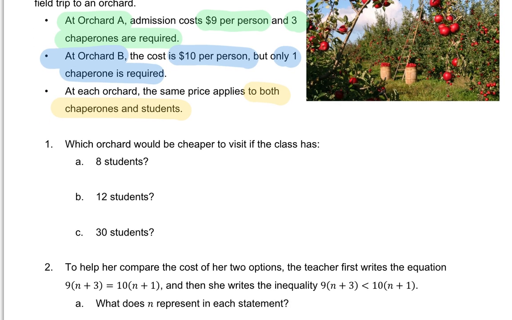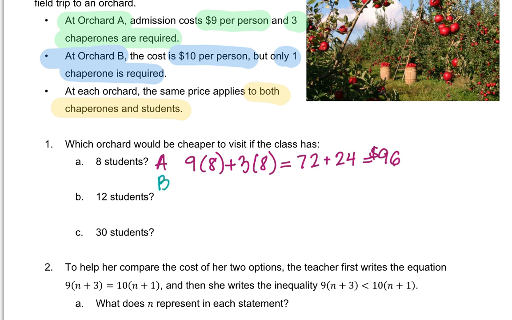So if we're looking here at Orchard A, you would have $9 per person, so 9 times 8, plus 3 times 8. So 8 students, 3 chaperones. So we would have 9 times 8 gives us 72, and 3 times 8 is 24, giving us a total of $96. At Orchard B, we would have